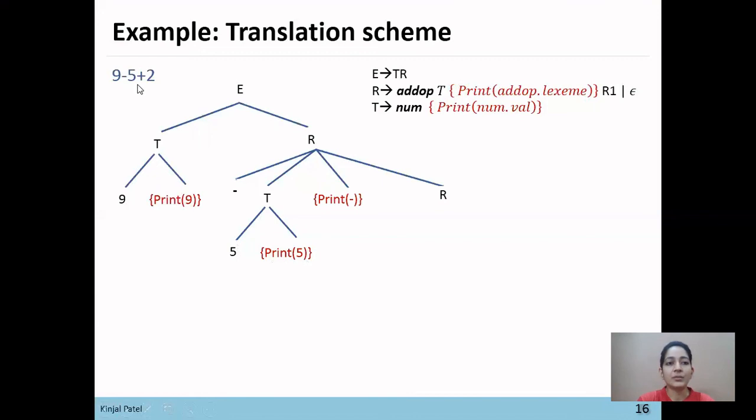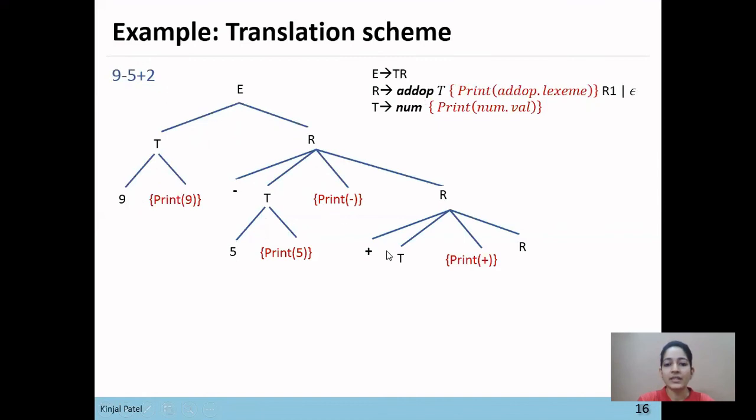Now next we want to perform plus 2. From this R, we will derive the operation for plus. Here the add operator is plus. So plus, then T, then print add operator dot lexeme, which means the plus operator will get printed here. So print plus and R. Now in 9 minus 5 plus 2, the next digit is 2.